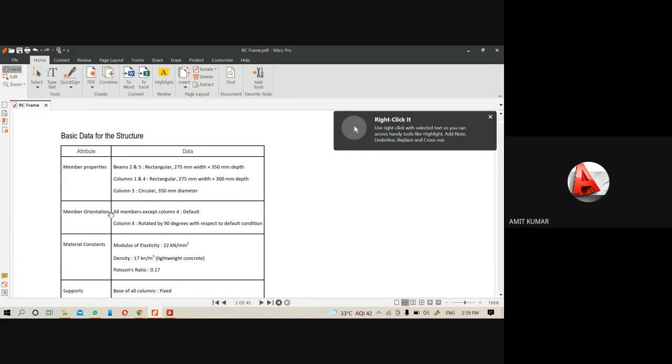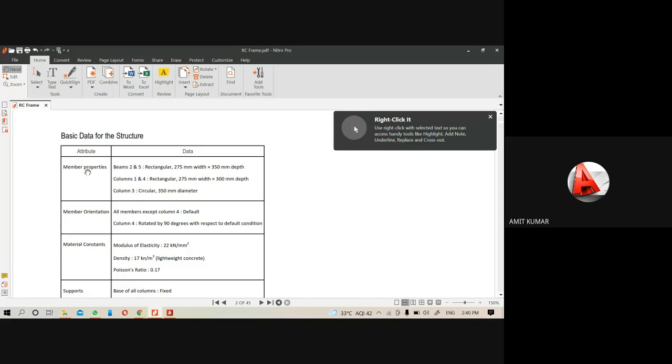But remember, before defining and creating the member properties, we have to read everything very properly. Like material constant, it is changed to 22 kilonewton per mm square. Density is 17 kilonewton per meter cube. Poisson ratio is 0.17. I will change it in the STAAD editor also.